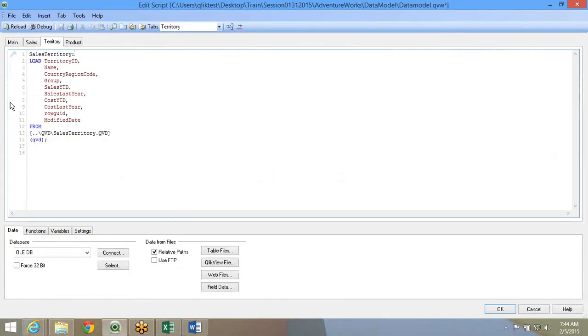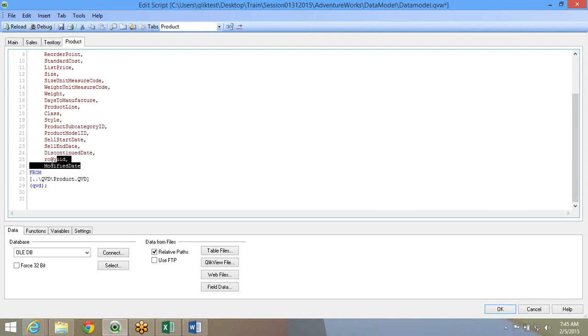Drop unwanted fields, remove unwanted fields. So in sales territory, we'll go ahead and drop row GUID and modified date, because this is generic for all the tables, which we don't need. Then product also we'll do the same thing.